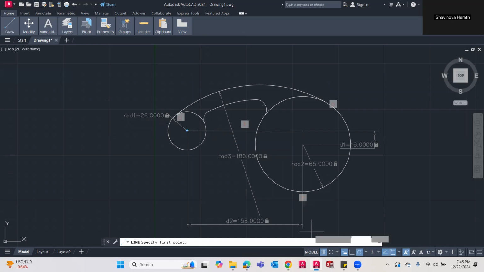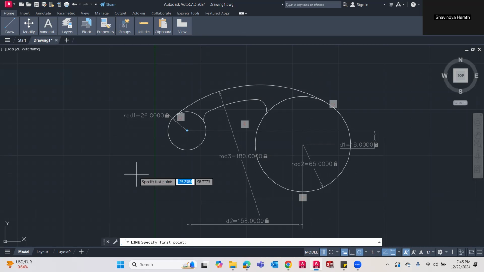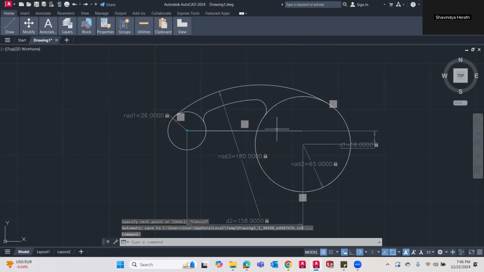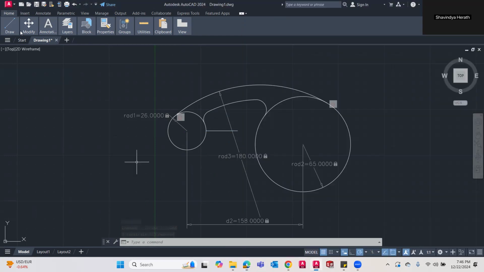From here to here means I need to snap the quadrant points, and then in this direction it is 43. I cannot see that, therefore I will delete this. And then from here to here, it is 78.